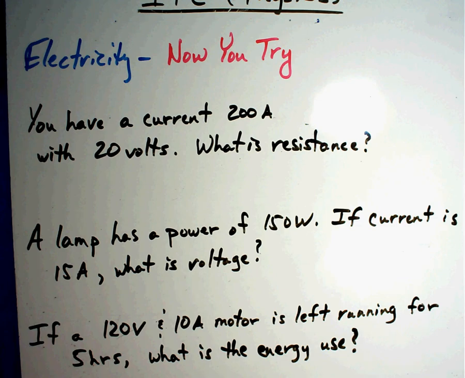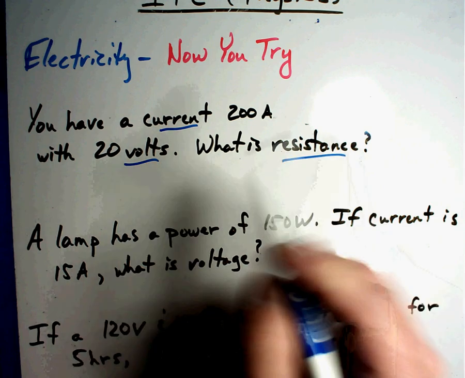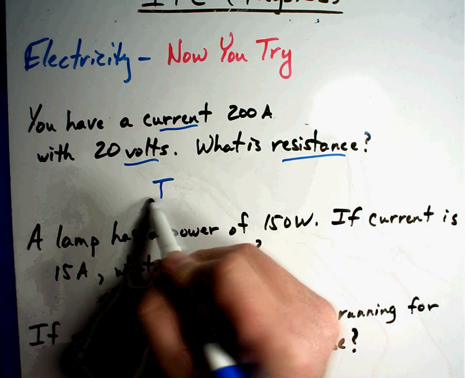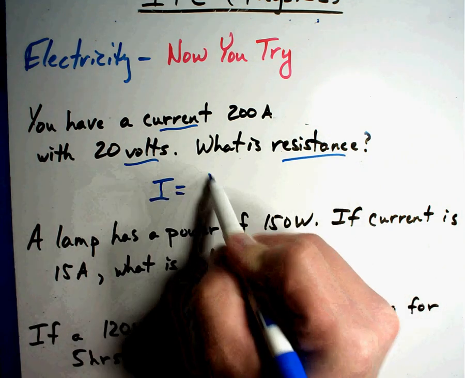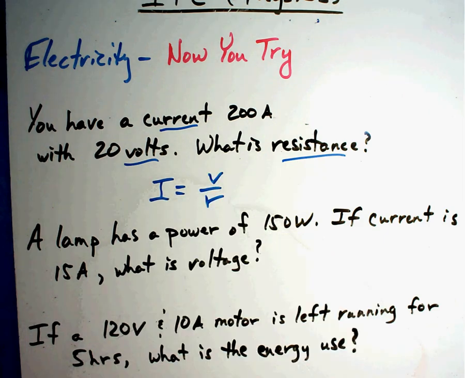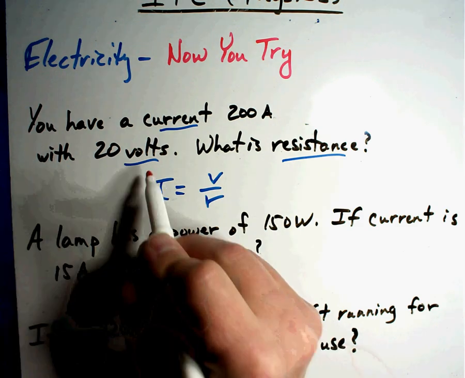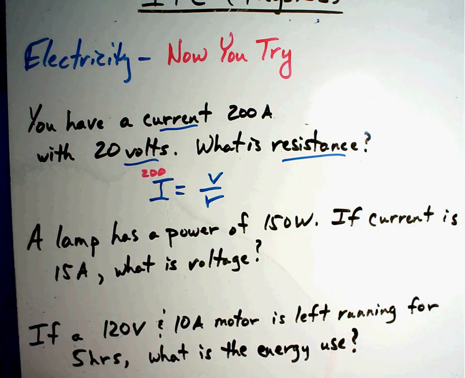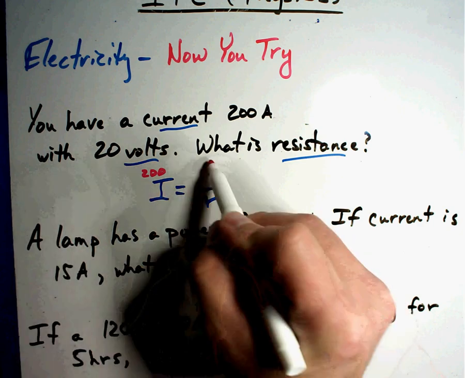All right, in the first example, it says you have a current, there's a magic word, of 200 amps, and I see voltage. What is resistance? Well, if you find the formula, I equals V over R, we're going to plug our numbers into that formula and see what we get. If you have a current of 200 amps, that's this one here, and a voltage of 20 volts,